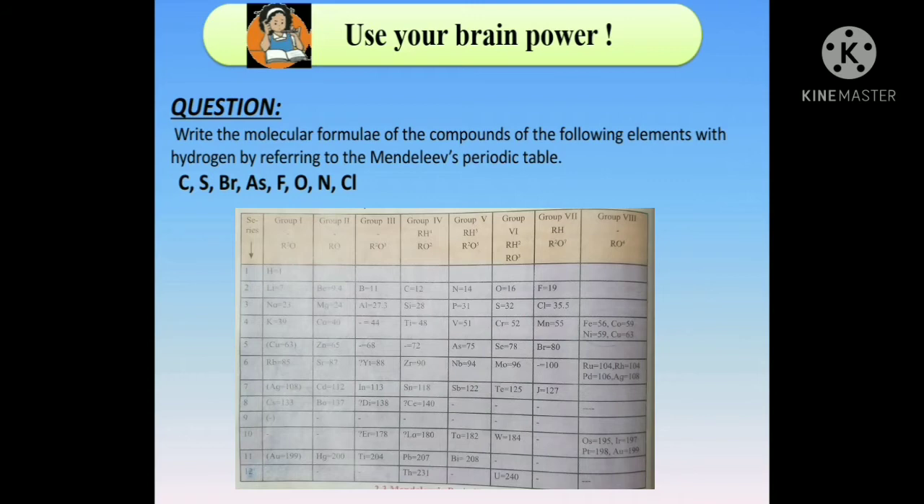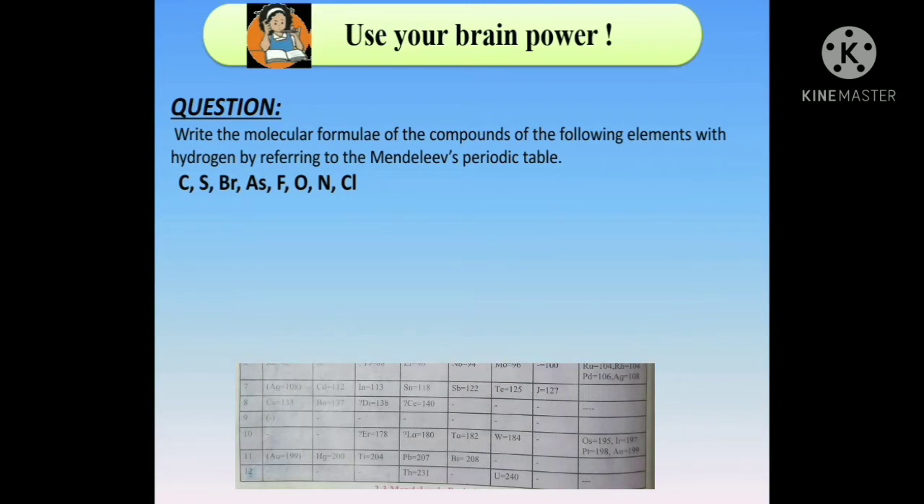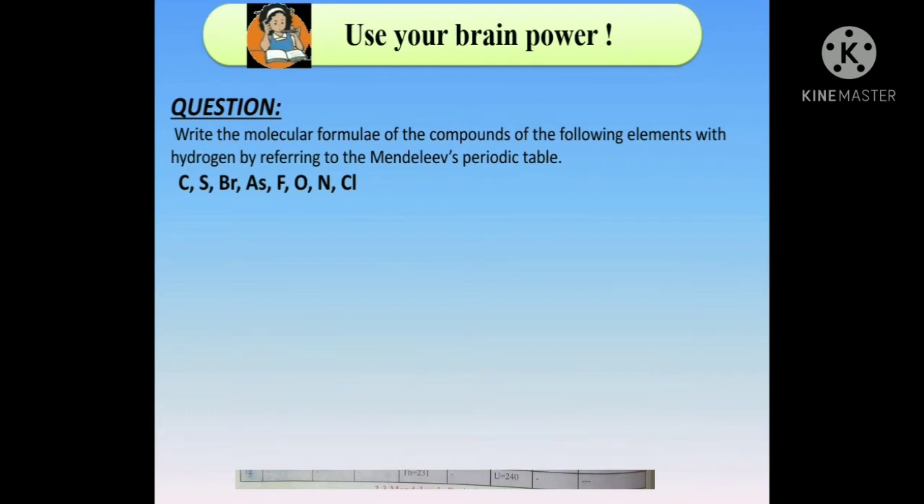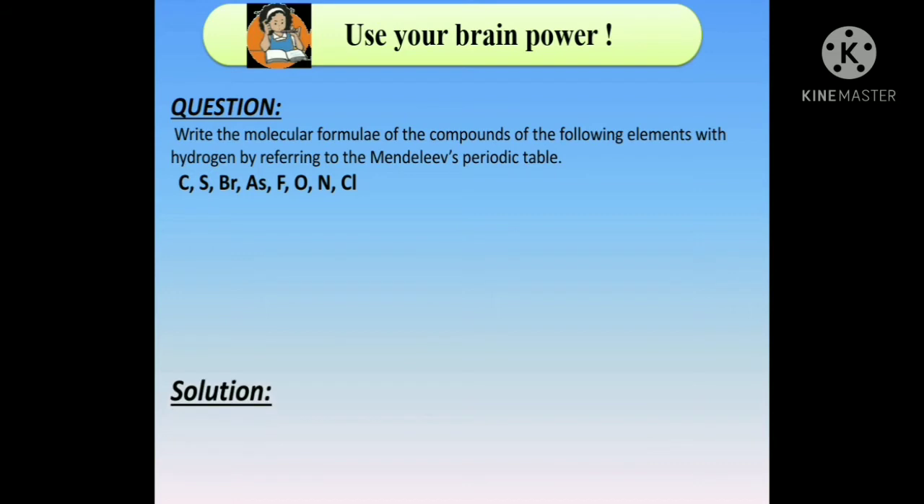So, let us come to the question. We have to write here the molecular formula of the following given elements when they react with hydrogen. Let us start with the first, carbon. Carbon reacts with hydrogen to form CH4, that is methane. Second, sulfur. Sulfur reacts with hydrogen to form H2S, hydrogen sulfide. Here you will see that CH4 is RH4, whereas H2S is H2R or RH2, like that we can consider the